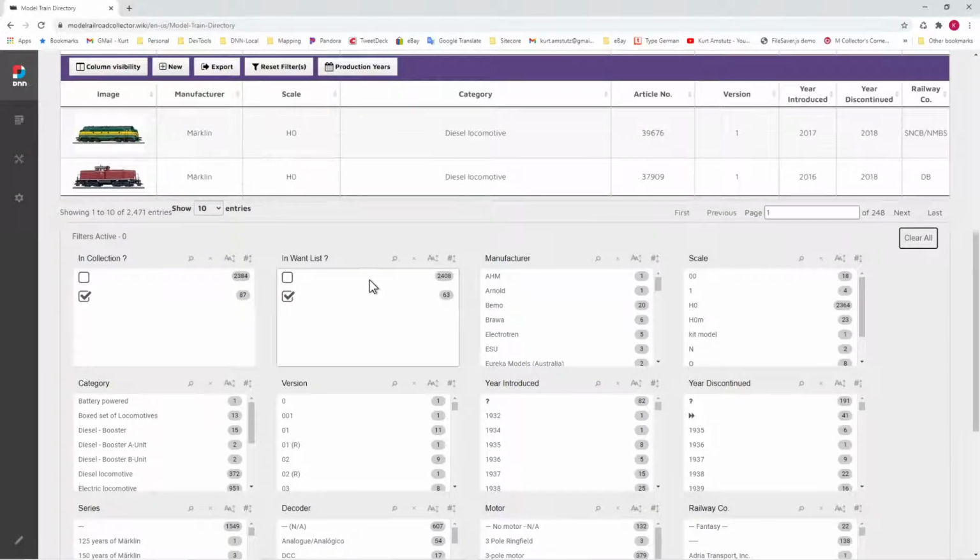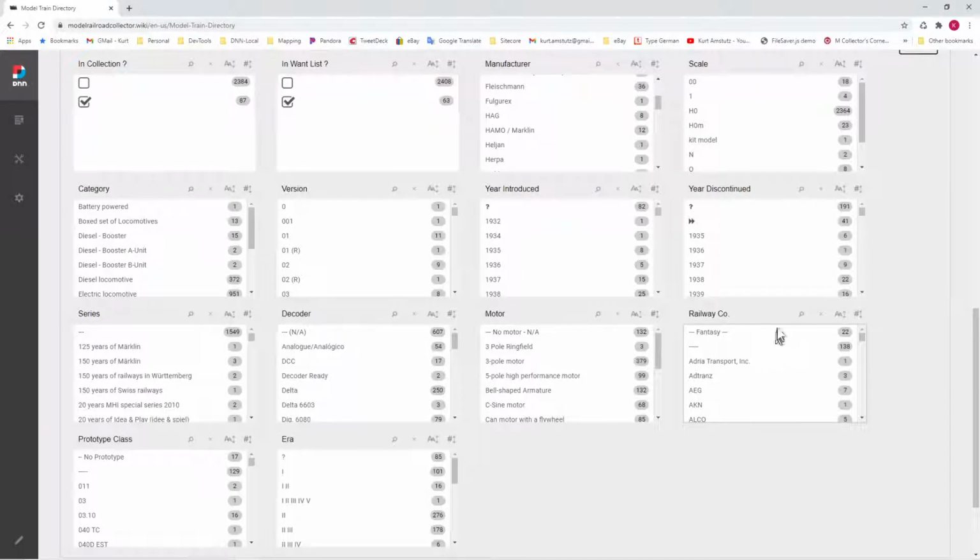One other feature is you can choose more than one item within a similar category. Let's search for SBB, for example, which is the Swiss Railway, and you see we have multiple railway companies in this SBB.